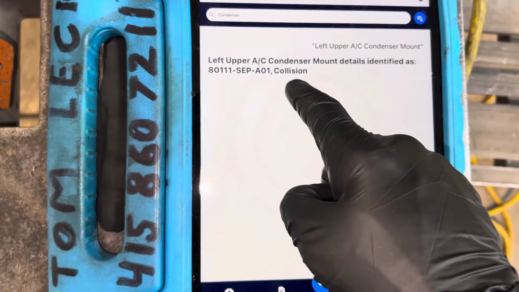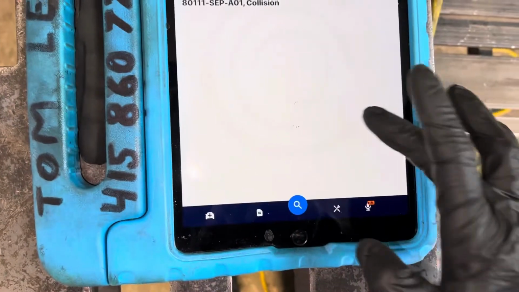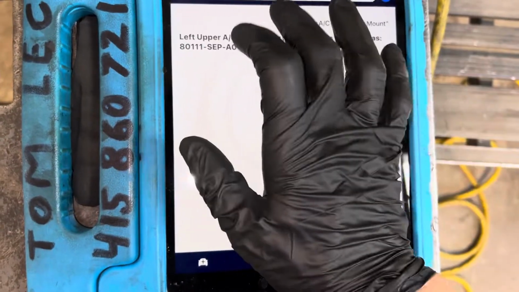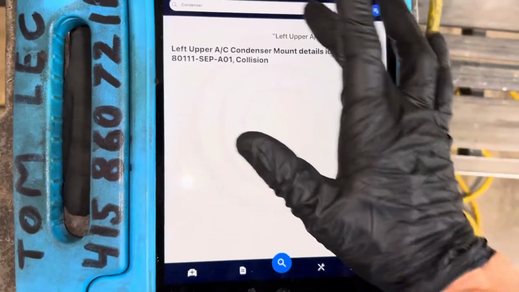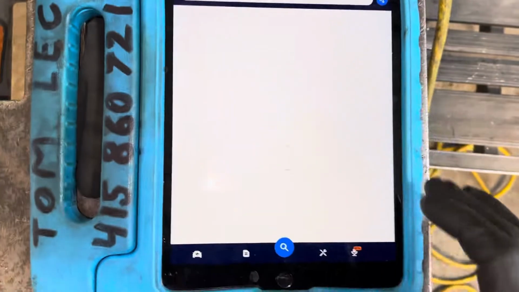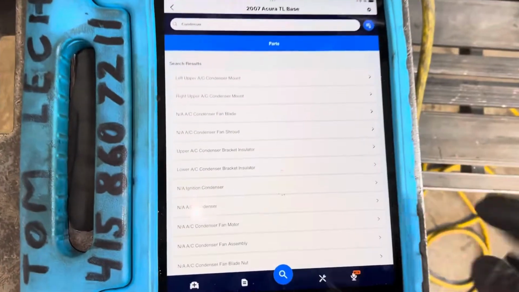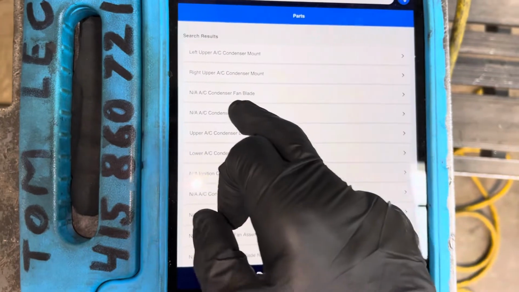They give a part number. It's under collision because it would get damaged, but there's no price. Okay, let's go back. Possibly the price is located somewhere else. Okay, let's go to